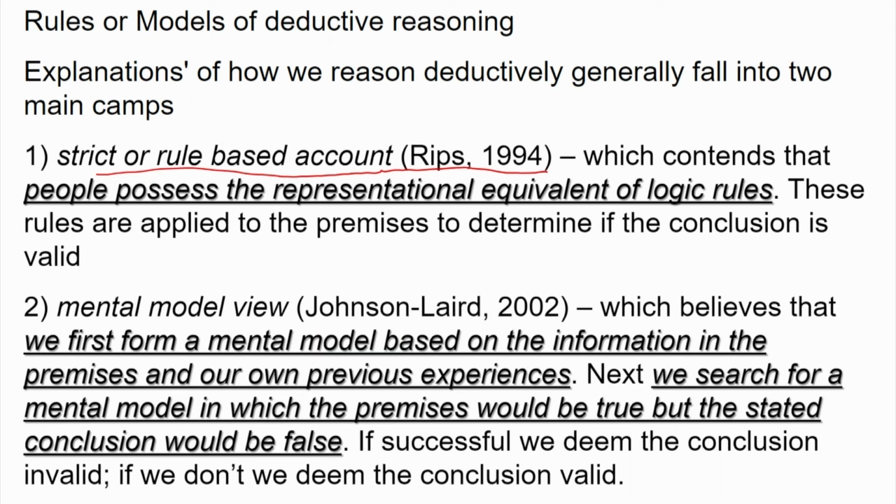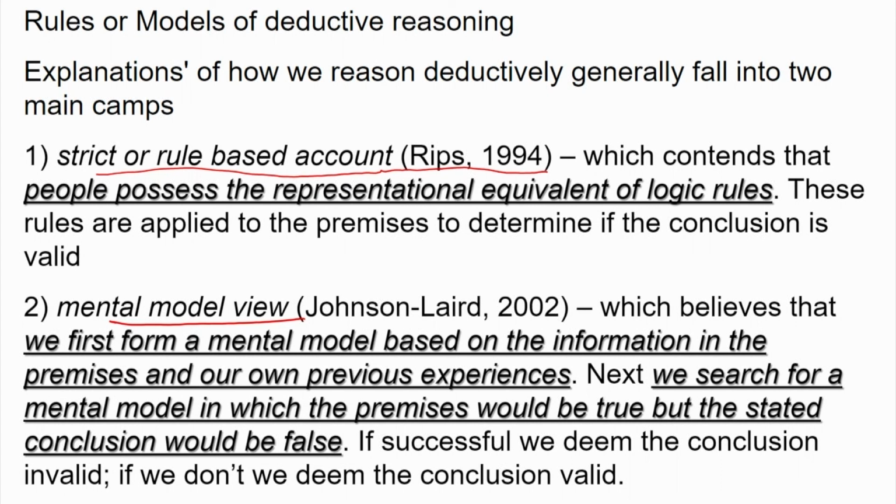There is another way to look at it, another model out there which says how people reason, and that is called the mental model view by Johnson-Laird. And what does it say? It says that we first form mental models based on the information in the premises and our own previous experiences. Looking at the information given in the premises and at our own personal experiences, we form mental models. Next, we search for a mental model in which the premises would be true, but the stated conclusion